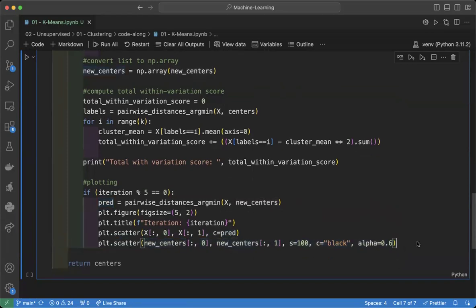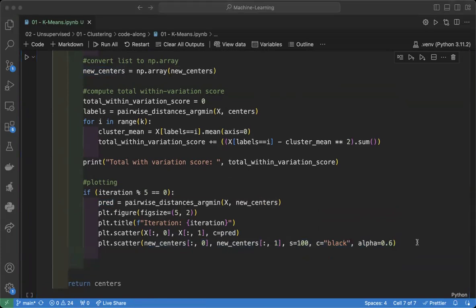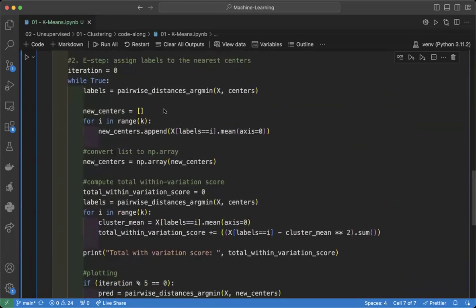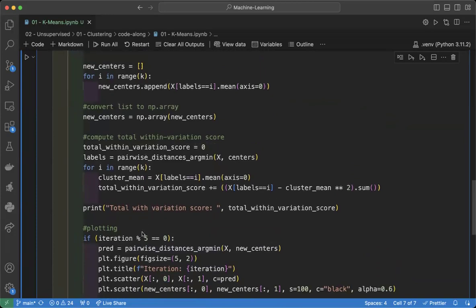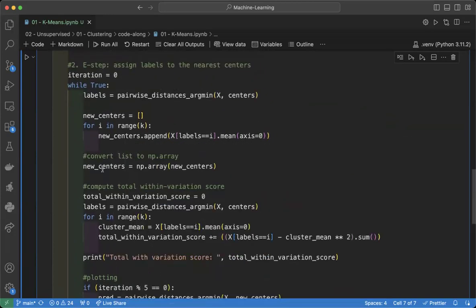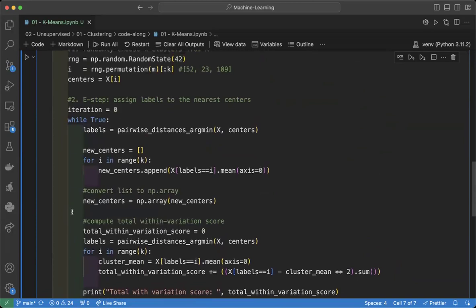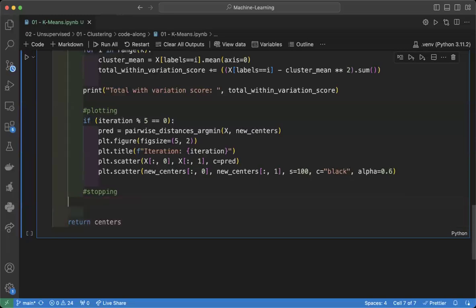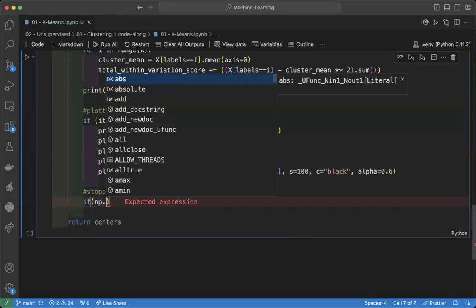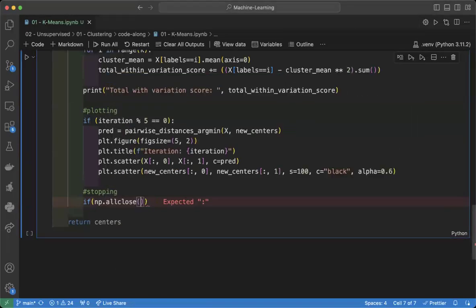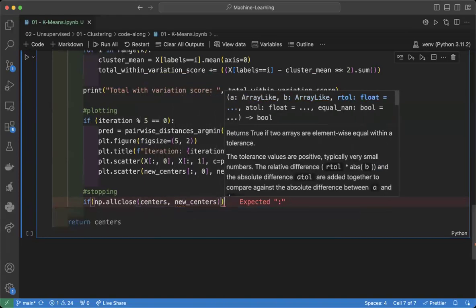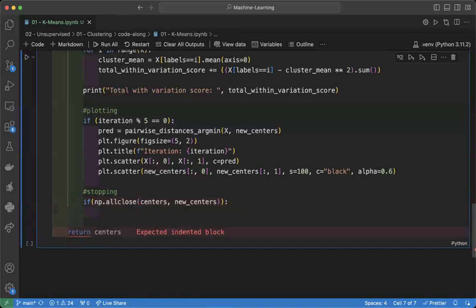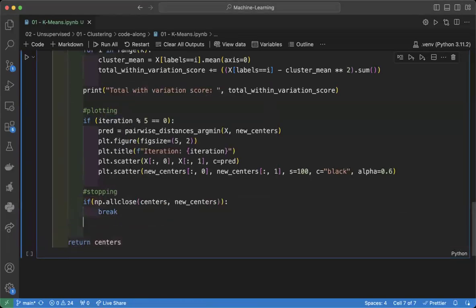Okay, so the code is fairly easy. Now the last thing is that we don't want to do this repeatedly. What it does is get the new centers and then do it again, so we want to make sure that this stops somehow. So what we can do is say that if np.allclose centers and new centers, so we can see that the previous centers don't really change, we just break. Otherwise,